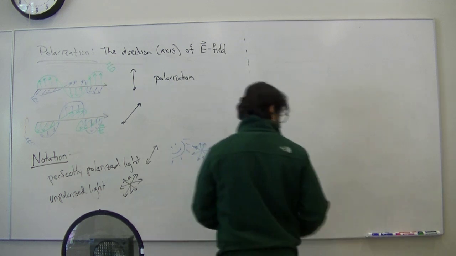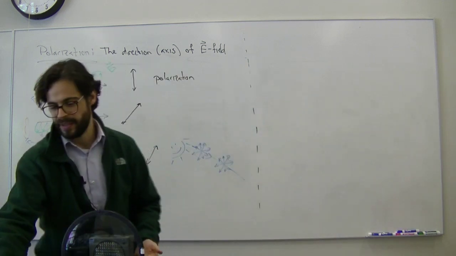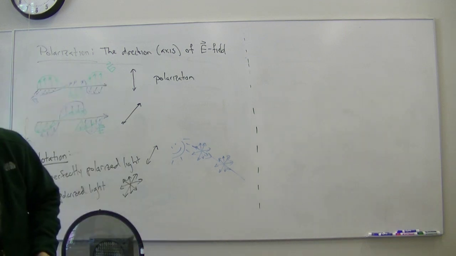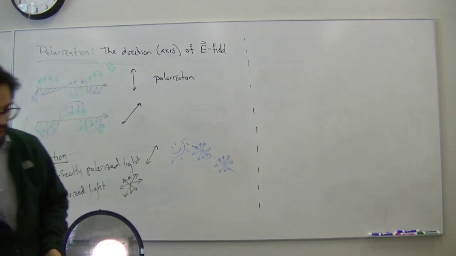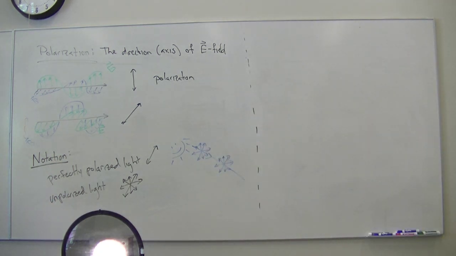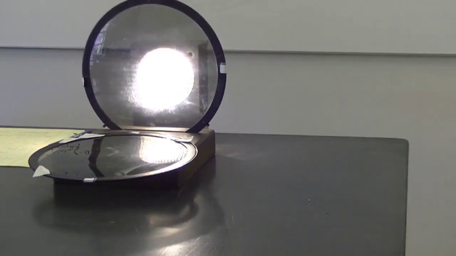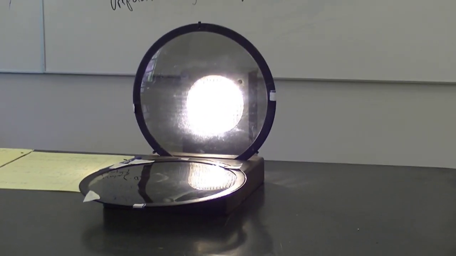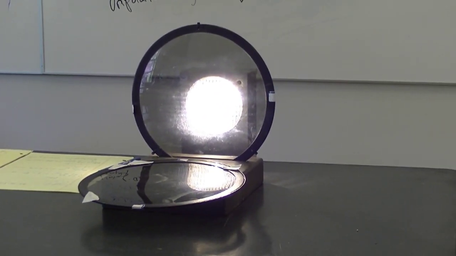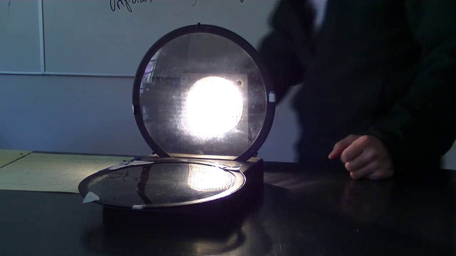Okay, so what can I do with unpolarized light? Well, I can polarize it, and there are reasons to do that, and there are natural and unnatural ways of doing that. But first, let me show you what I mean, because we have some kind of nice polarizers. So there is a lamp. Let me zoom in a bit. Let me kill some lights. And the lamp has one polarizer in front of it. So it turns out that